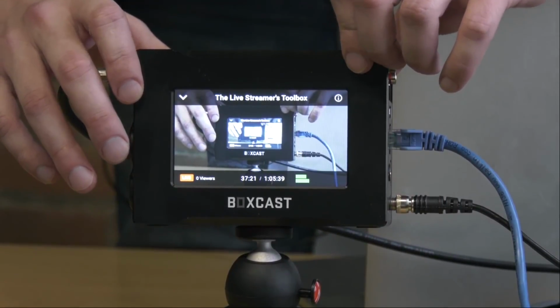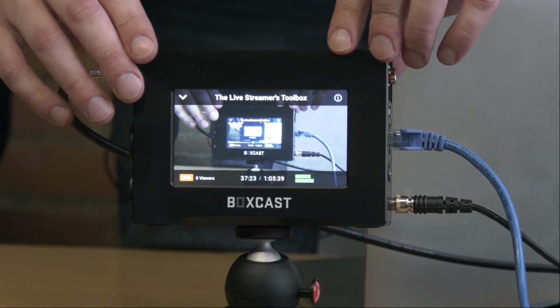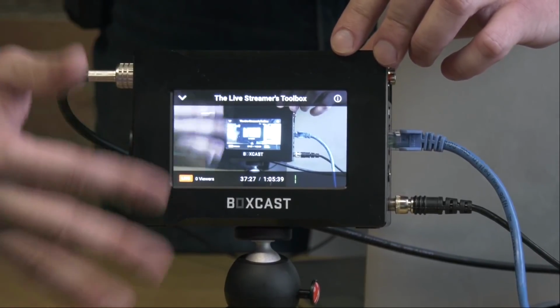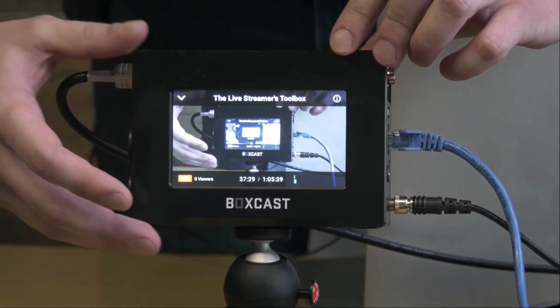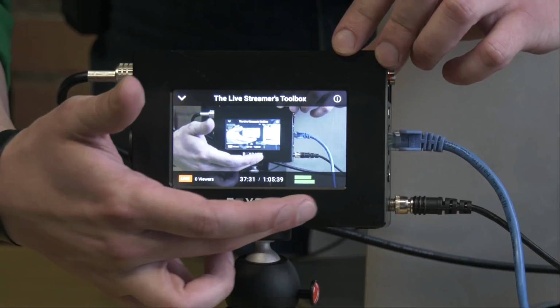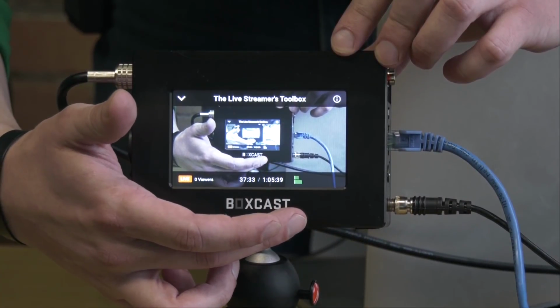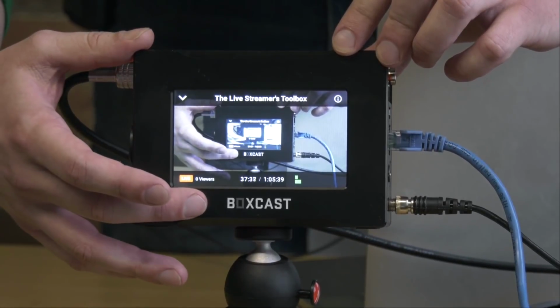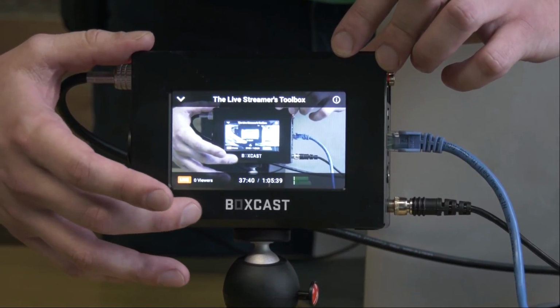If we cut over here, we can actually cut into a full screen preview of what's going on. So I'm giving you a little Boxcast inception. Here's some inception of just screens on screens on screens, but this can be a live preview of what you're seeing on the stream, which is what we really like about it. And you've got diagnostics like audio metering here as well, and the number of viewers we have, which we'll say 0 right now because we're streaming to YouTube, but you get the gist of that.